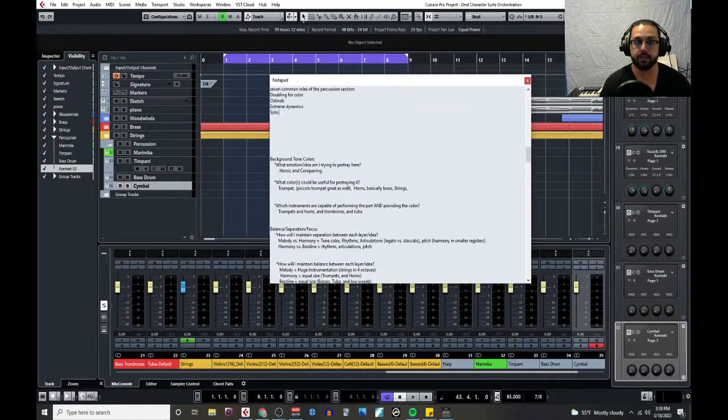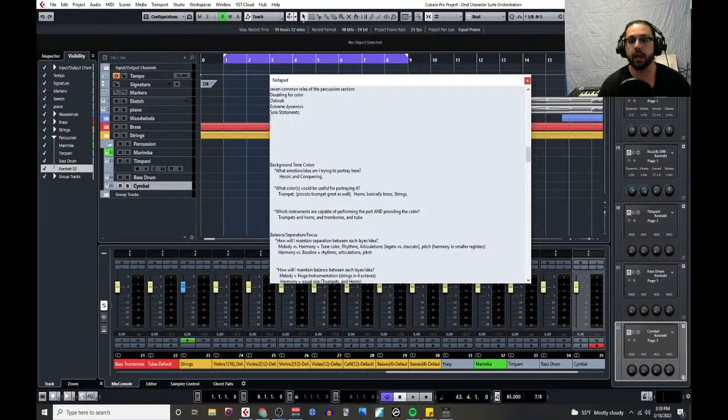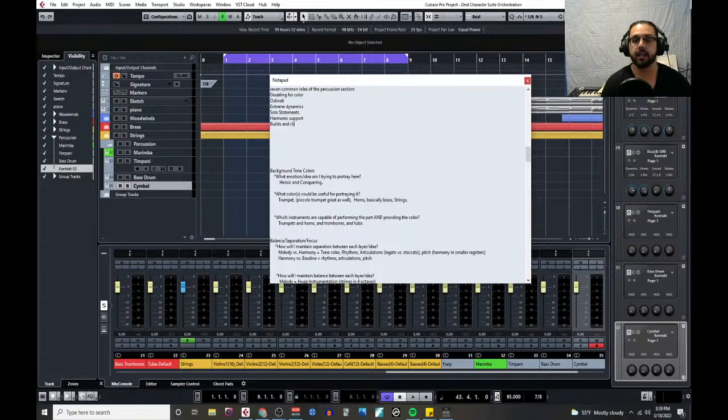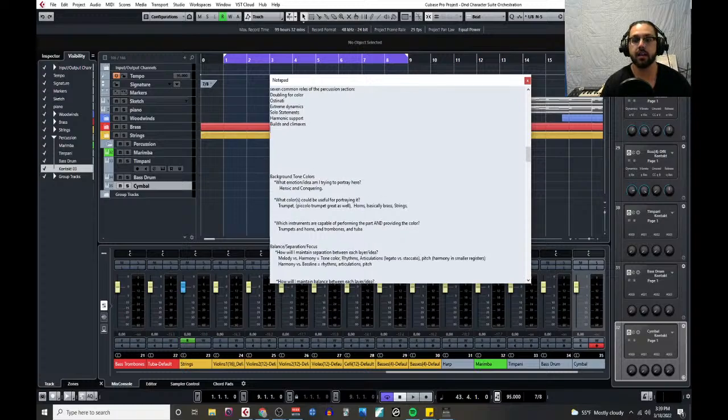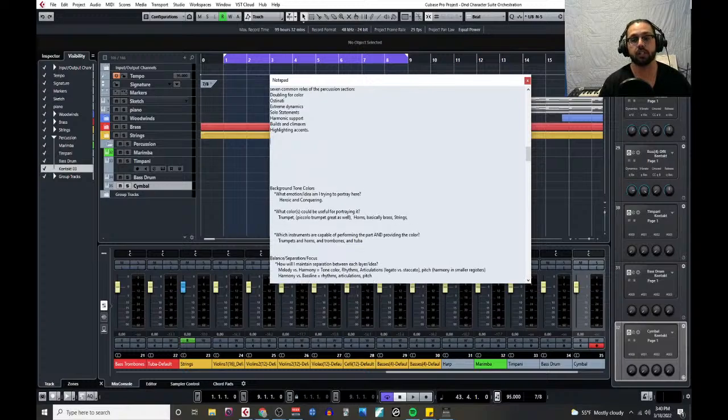You have solo statements, where they play something that no one else is playing. You have builds, we'll do that in a second. It's harmonic support, builds and climaxes, and then finally highlighting accents, or basically applying accents to the music. So these are the 7 traditional roles of the orchestra. And basically, we'll go through each of these roles and figure out where we think they can fit well in this music. Now, I did mention that there are 3 percussion instruments where there's a lot of variety, and really